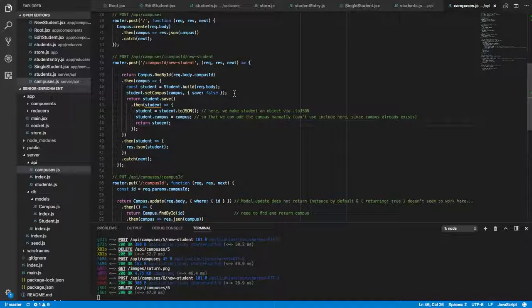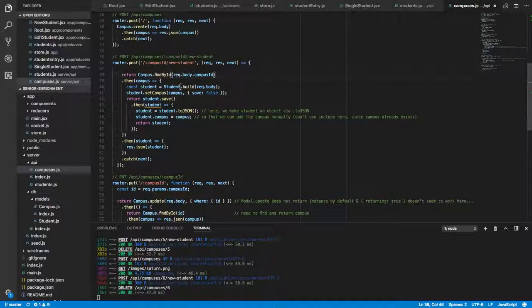You can do it if both the campus and the student are new, and you can nest them and include them at the same time. But if the campus already exists and we're creating a new student to be associated to that, it doesn't work that way with Sequelize. So we have to first find the actual campus, and then once we have that campus